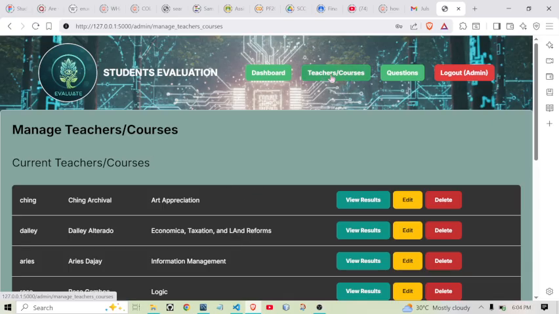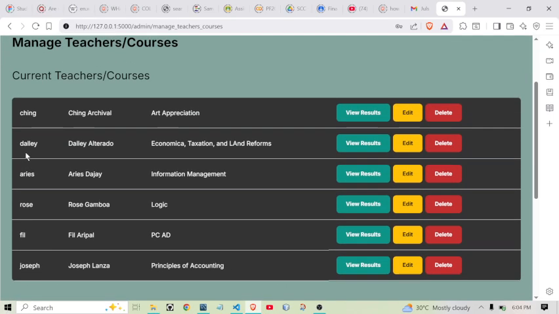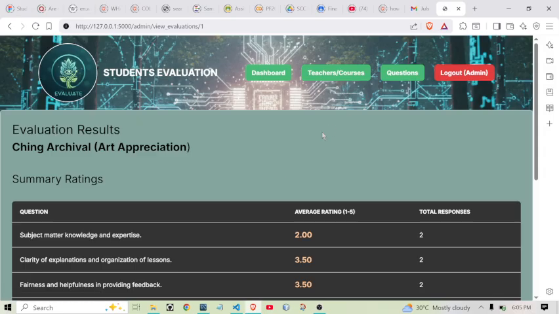As I click the teachers and the courses, it shows here the teachers that are present. If I click this view results, let's try Miss Ching Archival.